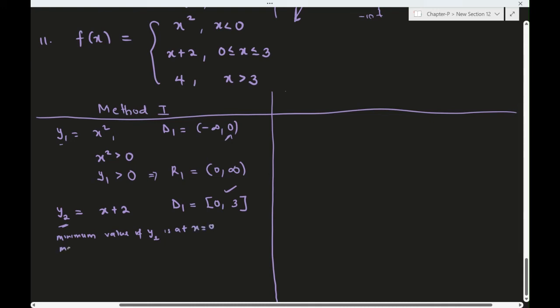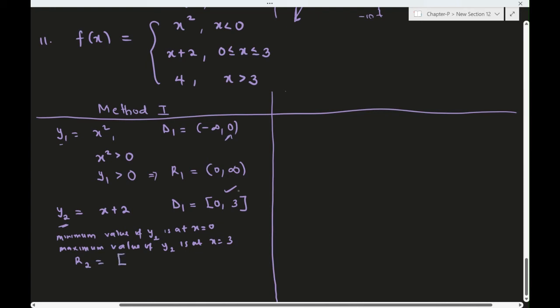And the maximum value of y2 is at x equals 3. So it means the range, which we call R2, is going to be